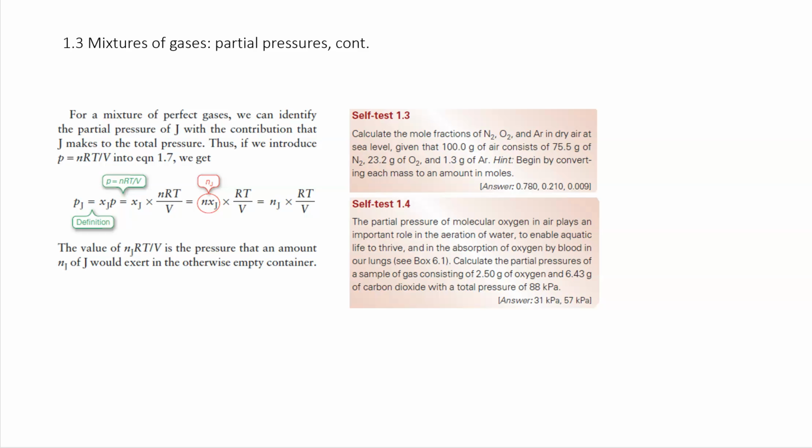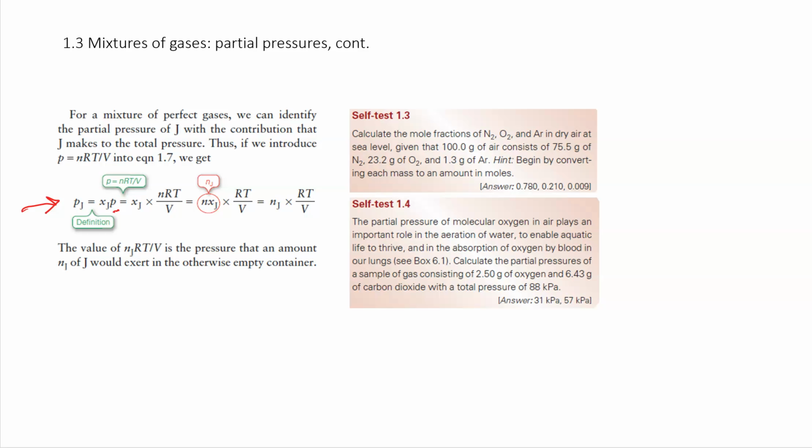Now, in continuing our discussion on partial pressures and mixtures of gases, for a mixture of perfect gases or ideal gases, we can identify the partial pressure of J with the contribution that J makes to the total pressure. So if we introduce P equals nRT over V into the previous equation, 1.7, we get the following right here. So remember, the partial pressure of component J is equal to the mole fraction of J times the total pressure. If we substitute nRT over V for pressure